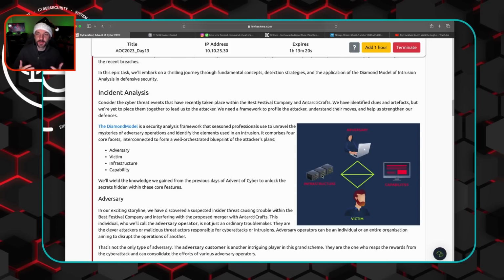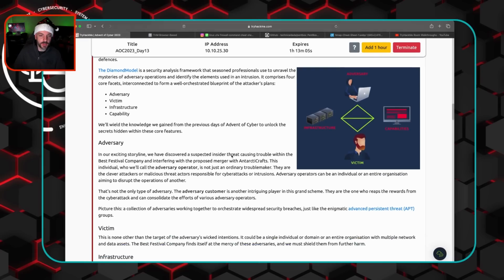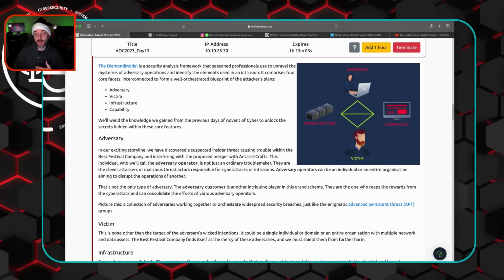And so far, as we've gone through these other tasks, we've been able to hit on what some of those different things are, but we're going to do a little bit of a deeper dive here just to make sure that we're all on the same page with what those are so that we can develop the right types of security mitigations. So from an adversary perspective within the storyline, we've discovered a suspected insider threat causing trouble within the